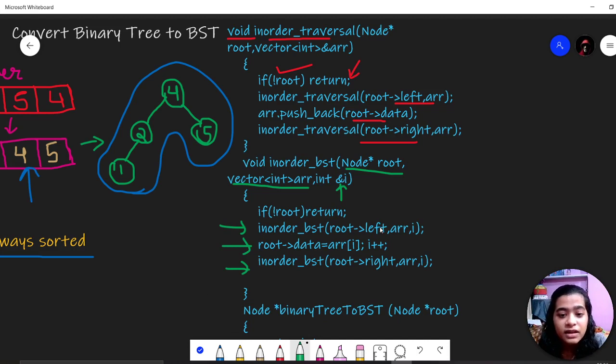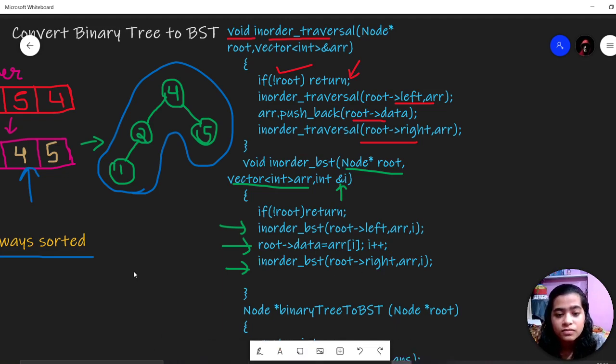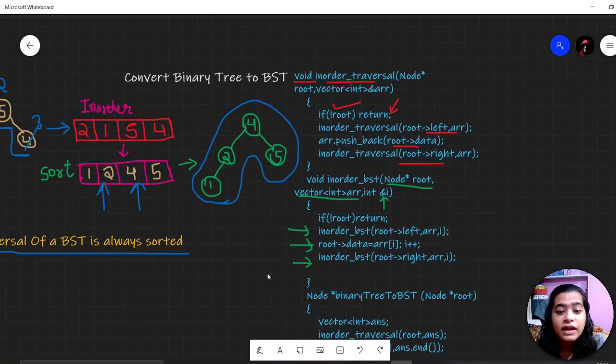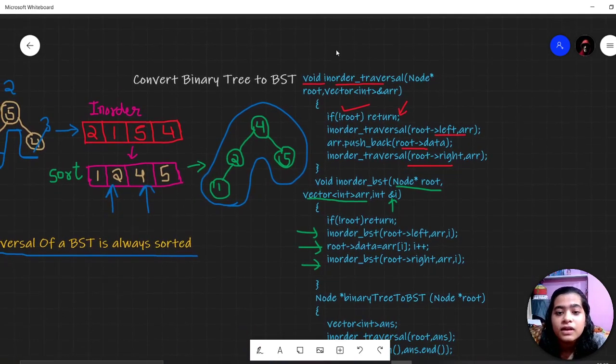So we are passing the left node, then we are storing the root data into the array. We are incrementing the pointer one by one and then going to the right side nodes. Here we are calculating the in-order traversal and implementing it in this function.